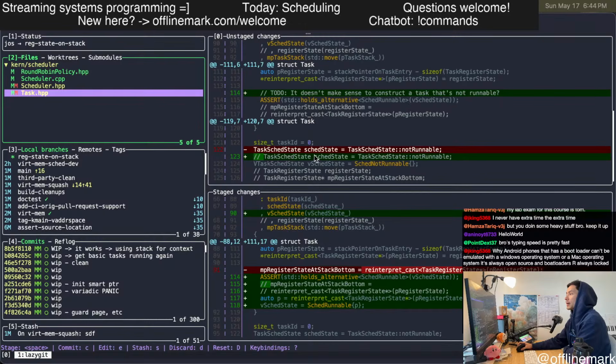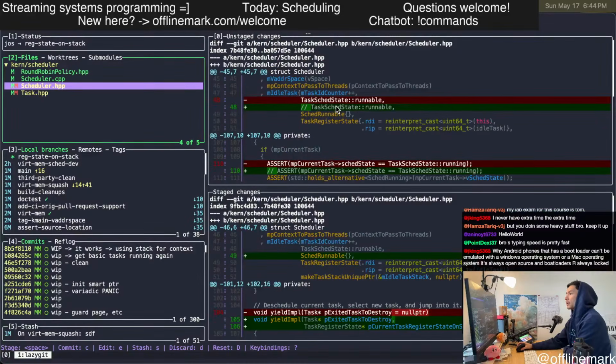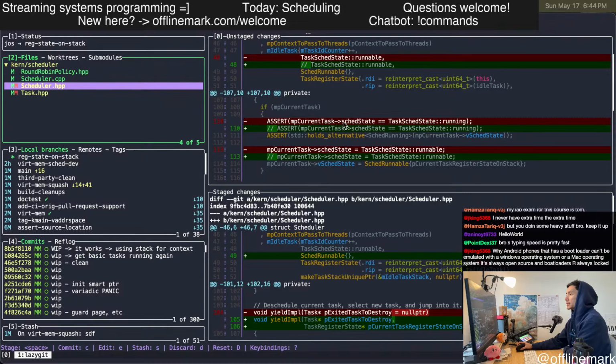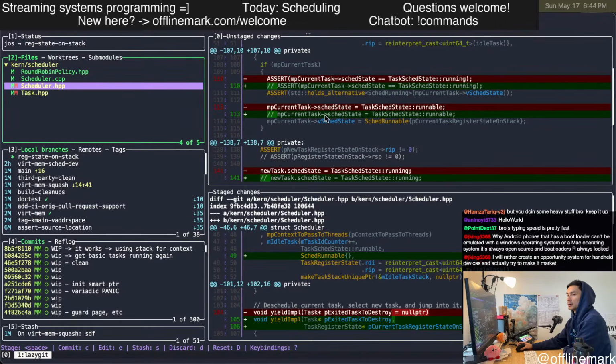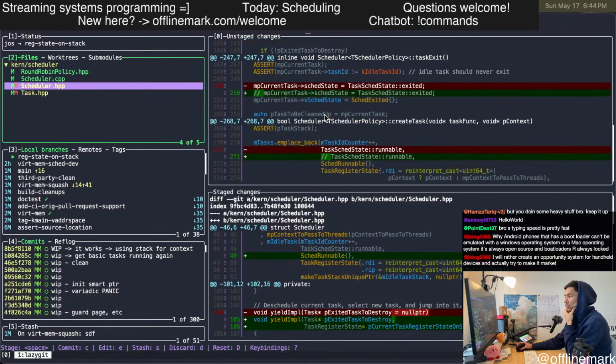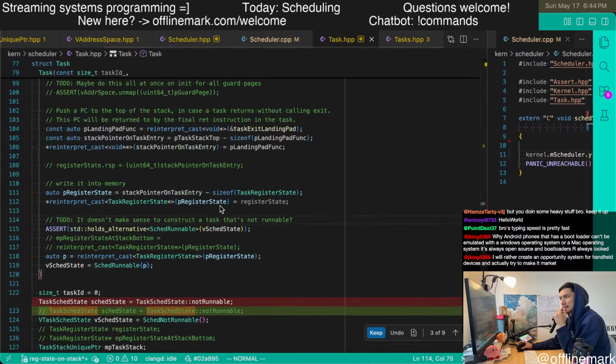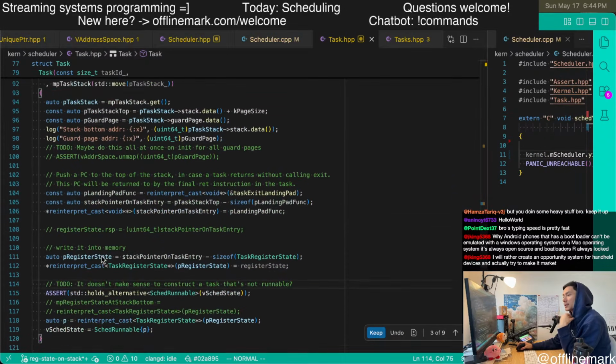You can see we commented out of the struct, the constructor, and all the constructions. We commented out any of these assertions. And now we're just all about this vsked state. Seems kind of cool to me. Seems like it works. I think the question I'm hung up on is this question.